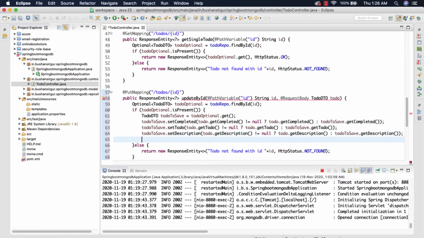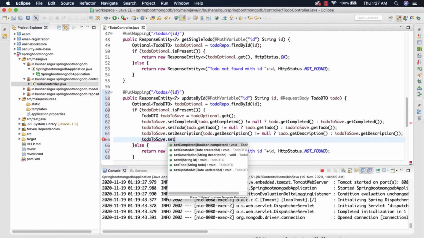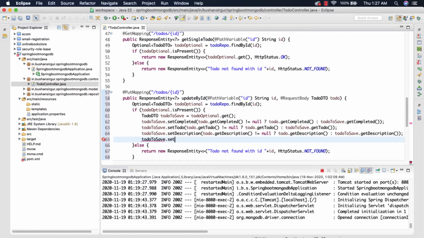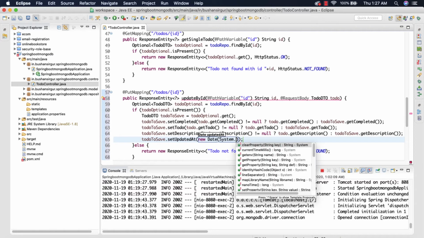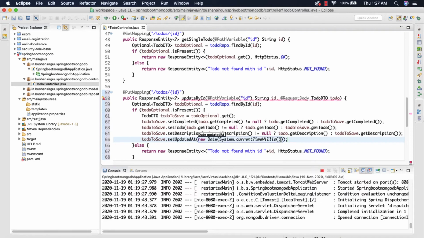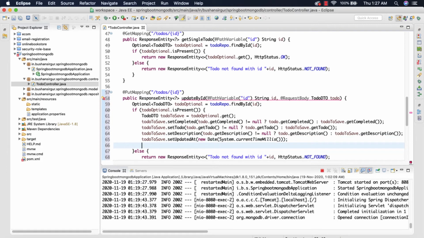And finally we're going to set the updated date. So todoToSave.setUpdatedAt, and we are going to create a new Date object, and we're going to pass the current time milliseconds, and finally we're going to save the data.